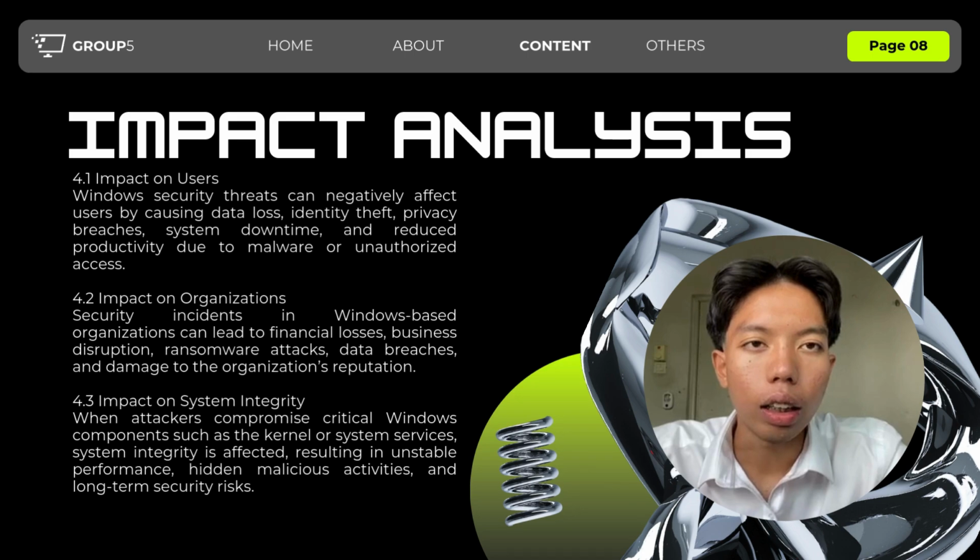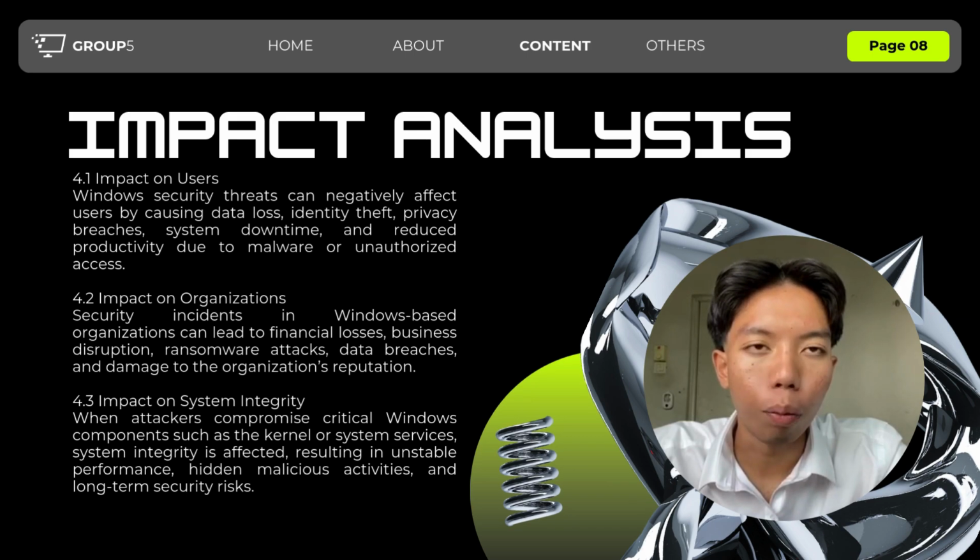Next, for organizations, security incidents can result in serious consequences such as financial losses, operational disruption, and also reputational damage. For example, a ransomware attack can stop business operations, while data breaches may expose sensitive